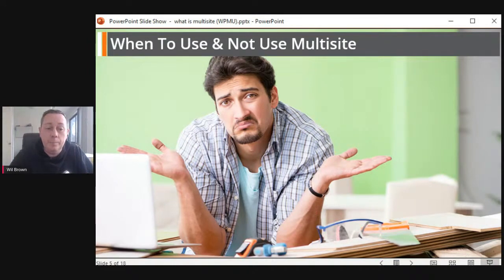Another thing to consider as well is the frequency of having to move or relocate websites within a multi-site. So getting a single site out of multi-site is a bit of a pain because they all kind of share similar tables within the database. It can be done, but it's not something you want to be doing on a frequent basis. So have a think about if the sites that you are developing for your clients or your industry, if you're having to move them regularly, weekly, monthly, quarterly, whatever regular means to you, the multi-site probably isn't the best tool, because it is going to be a real pain in the bum to try and get those sites out of